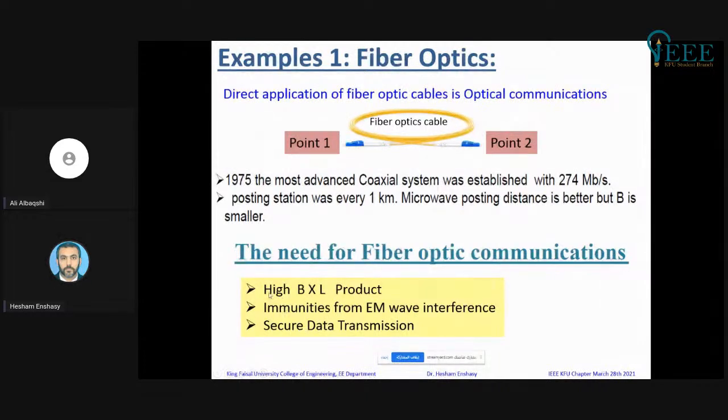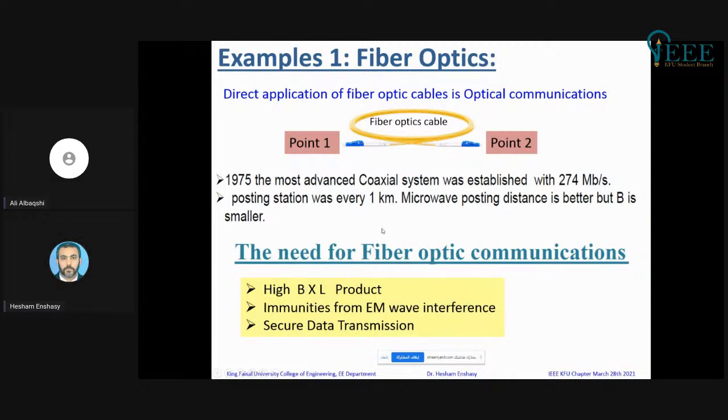The first one, high bit rate, L product. So we need high bit rate and distance. And people usually in this field mark it as the PL product, bit rate distance product, because I need high bit rate and I need long distances. So the product of these two is a number that we need to calculate to compare between different types of